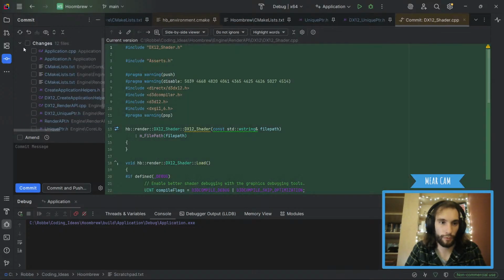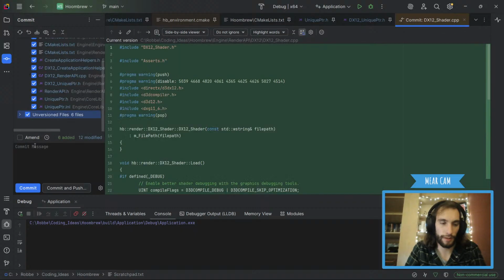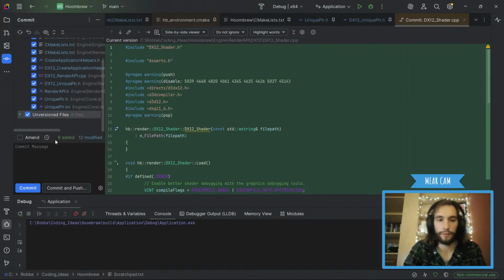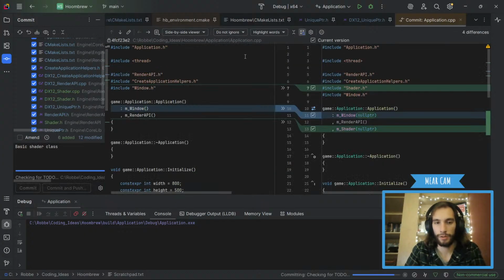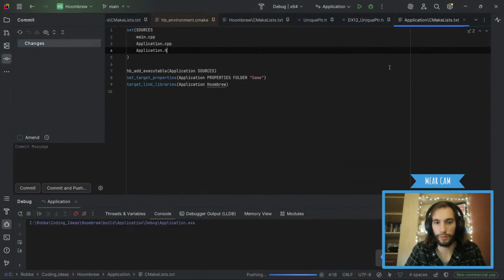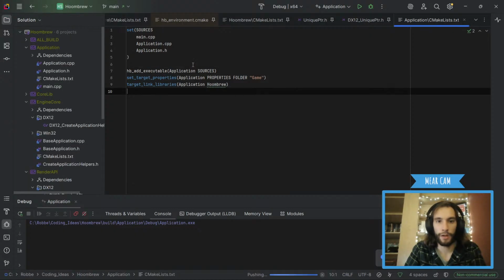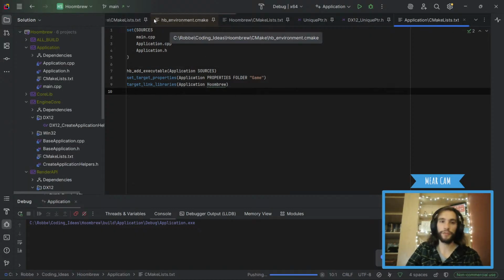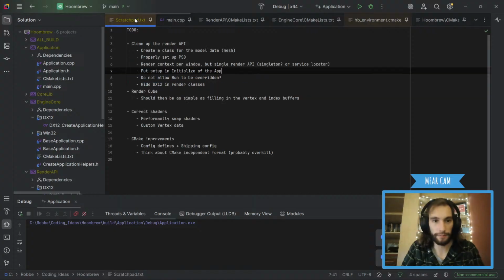But so let's just do one final thing, which is get all of these commits in. How are we gonna call it? Basic shader implementation. Class. Let's do that. Commit and push. And push it. There we go. Okay, that's all finished. Oh boy. Okay, it was a fun stream. Done. Okay, great. We got a lot more to do.